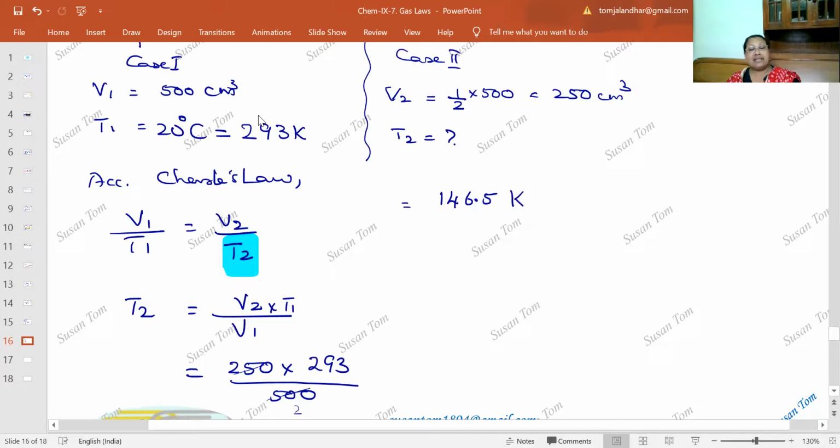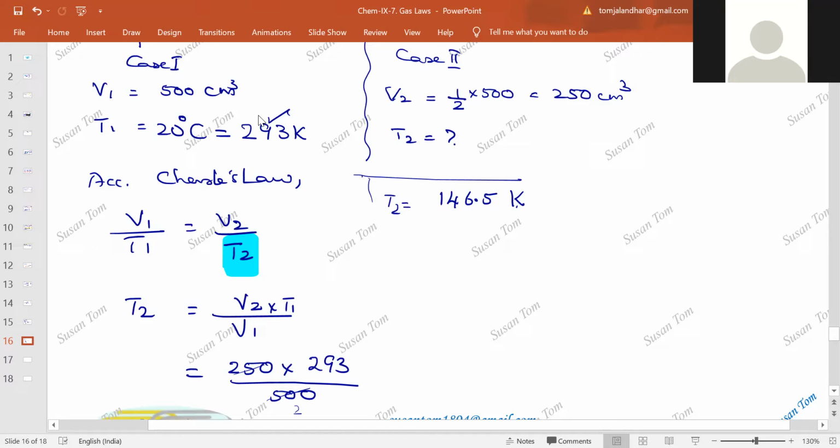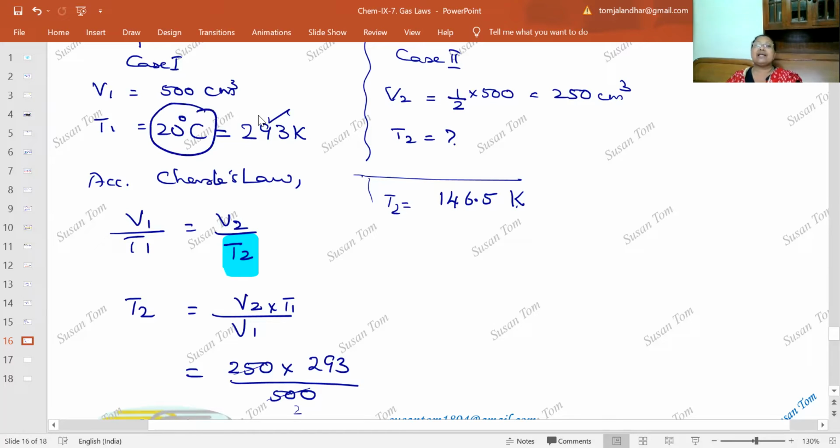This unit is Kelvin, because we did it in Kelvin. What you got now is Kelvin. The T2 is equal to the Kelvin answer you have got. Yes or no, children? Yes, ma'am. We cannot leave it in Kelvin because the question was given in degrees Celsius. So even if you have to convert and do the solution in Kelvin, now you reconvert T2 to degree Celsius. Do you understand? If the question is given in degree Celsius, then bring back the answer in degree Celsius.